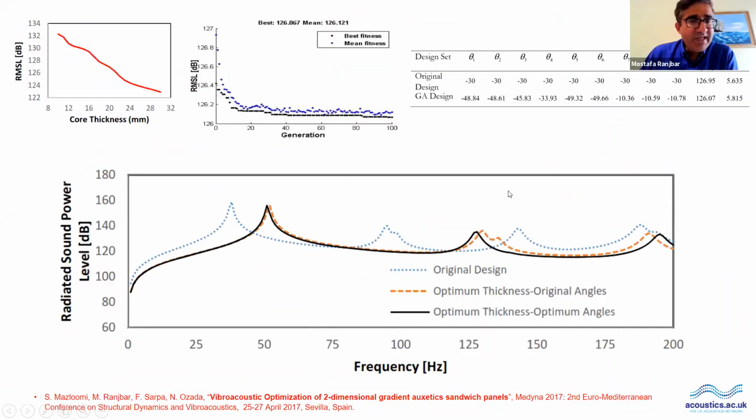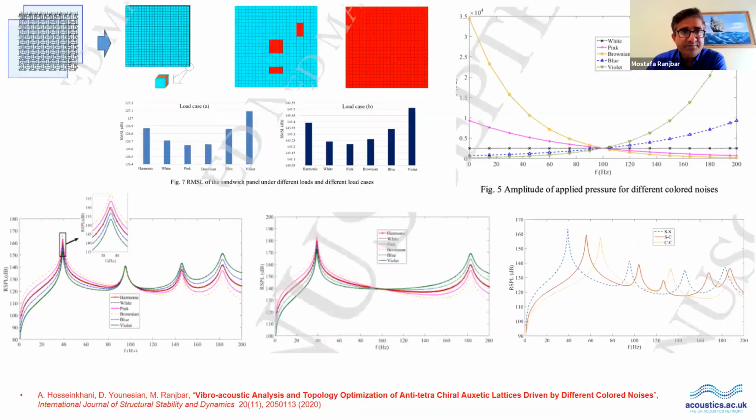Good. In another paper, we discuss the application of the genetic algorithm in reduction of the radiated noise. Here you can see how the optimum design could provide a little improvement, around 1 decibel, in the radiated noise from the structure and shift the peaks to a higher frequency range. So here, after graduation of my PhD student, I always had the question: what do we consider in our case? It was always a harmonic excitation, but non-symmetric over the surface of the plate.